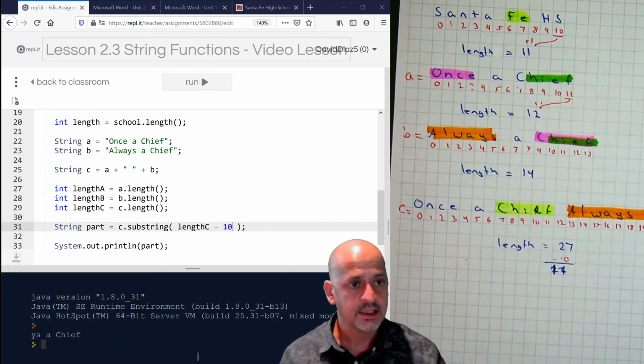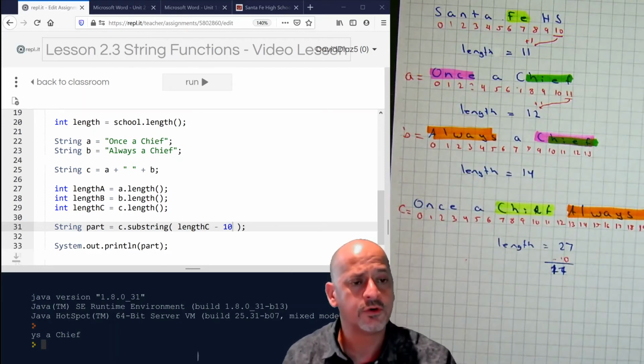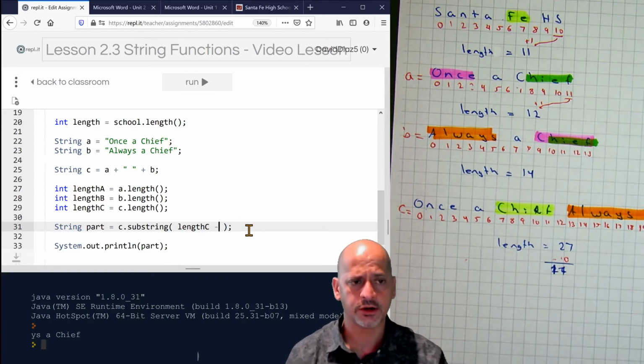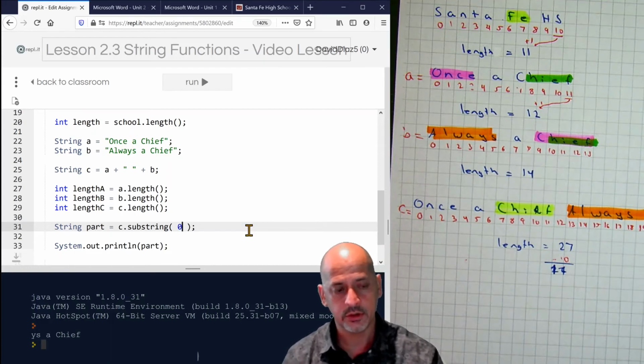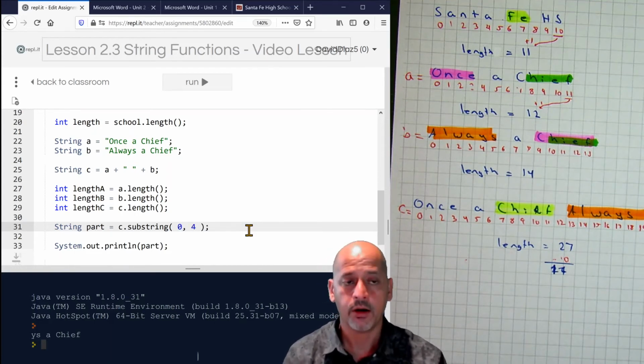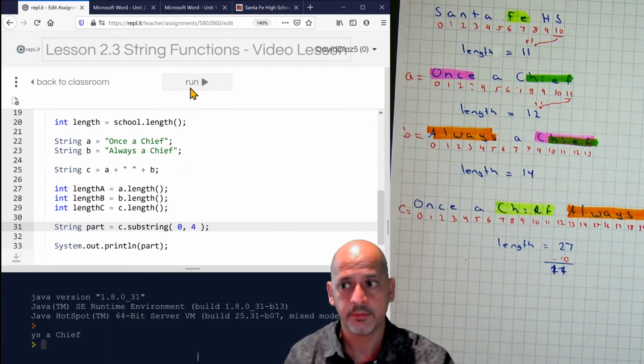the index is, let's say we wanted to get the first 5 letters. So how can we achieve that? If I want to be able to get the first, let's say the first 4 letters, how can I type that up? It'll be from 0 all the way to 4. And if I run it,